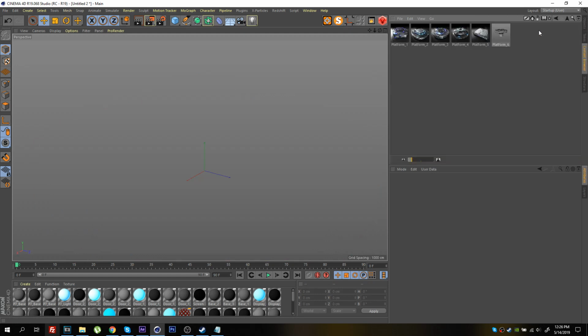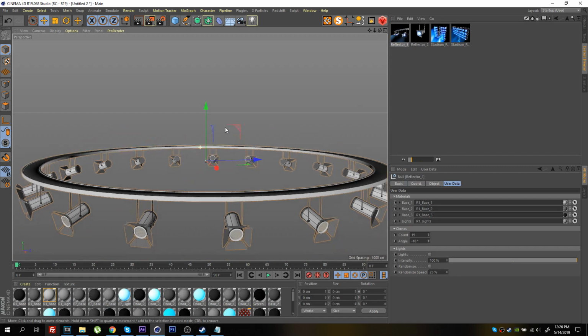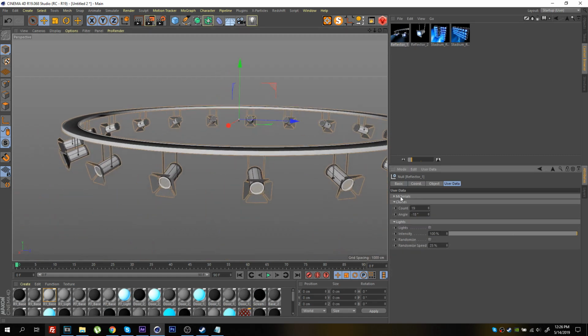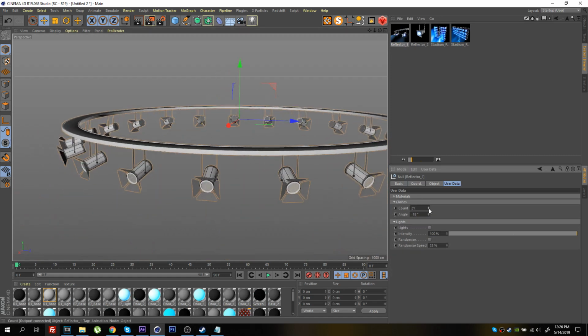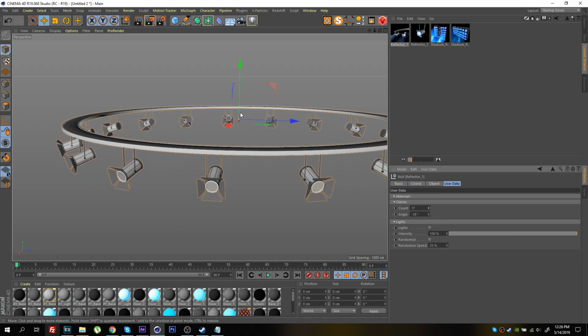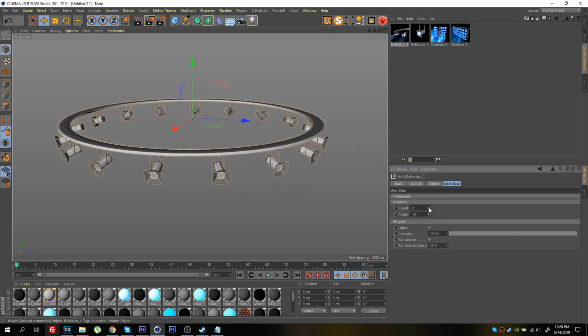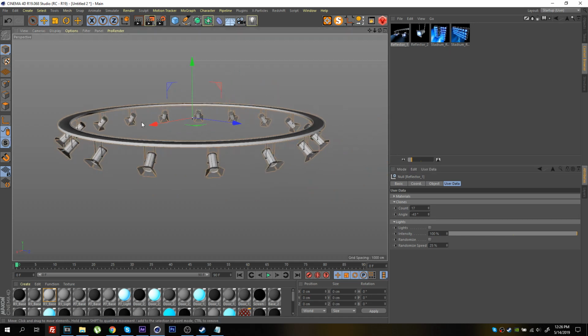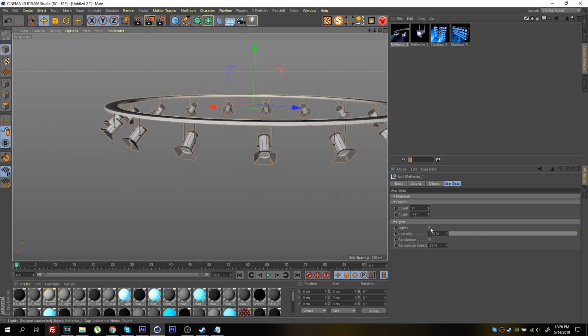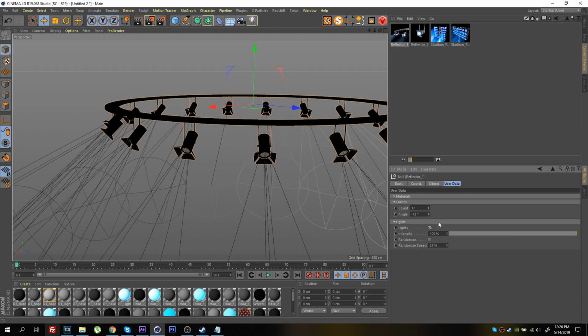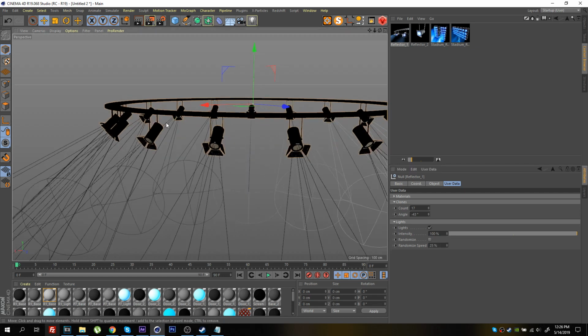Let's move forward and let's talk about reflectors. Let's see reflector 1. Alright, so we have the materials, then we have the count. So you can have as many reflectors as you want. You can orient the rotation here, and then you have an option to turn on lights, and this option is mainly for getting an easy volumetric